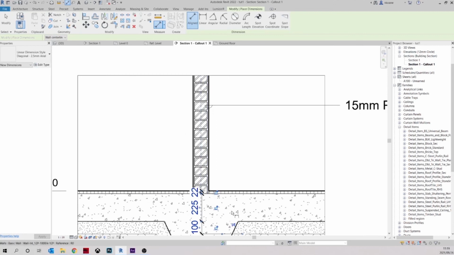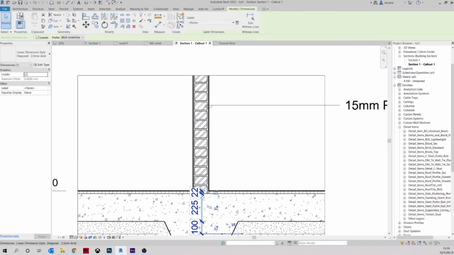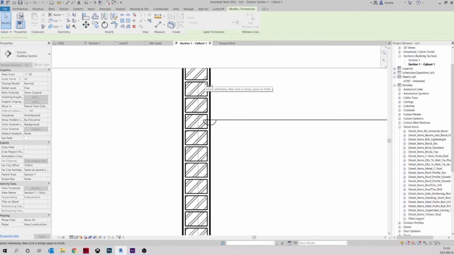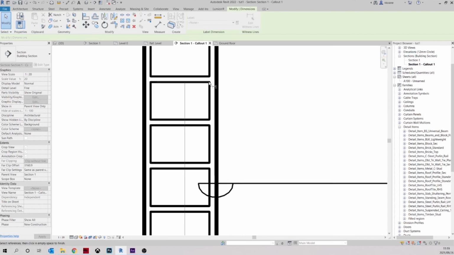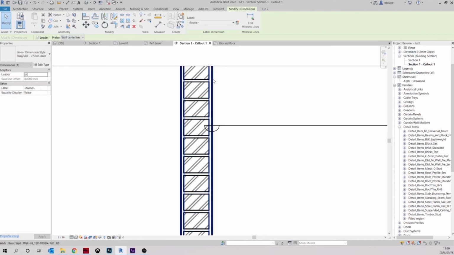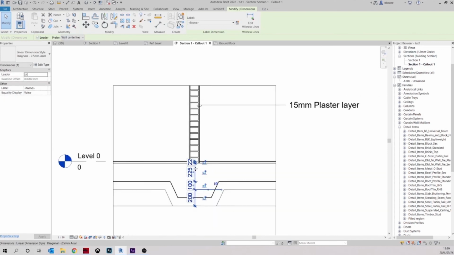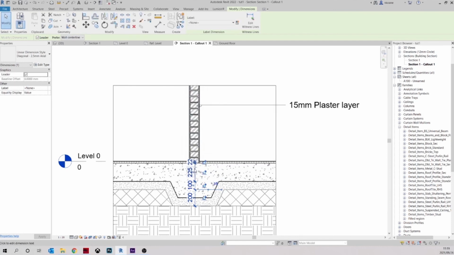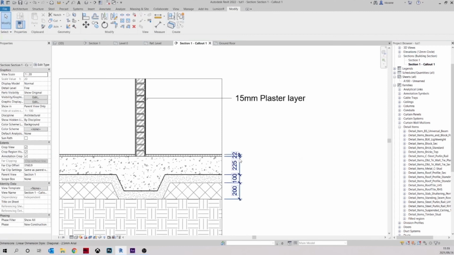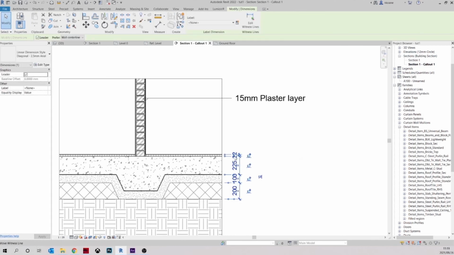If it doesn't snap to your line, what you need to do is to click this, say edit witness, come here and hit your, in this instance it's not sure, so we can move this aside and you have your dimensions going that way,